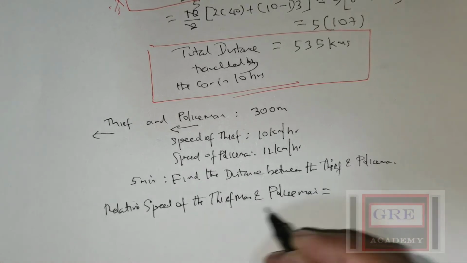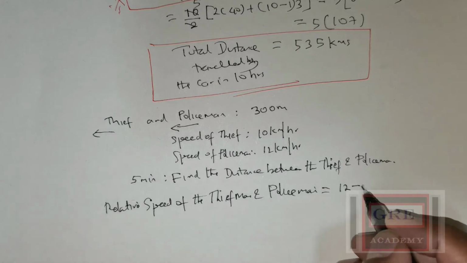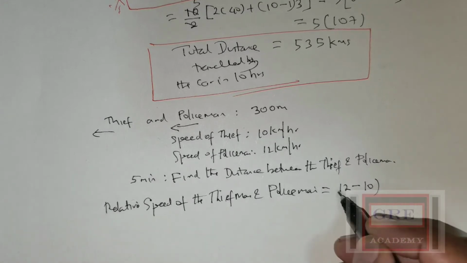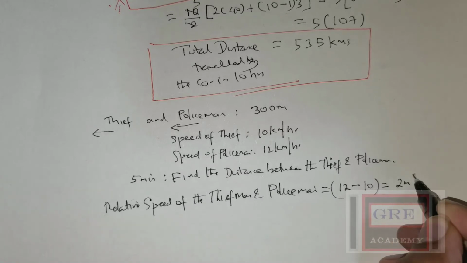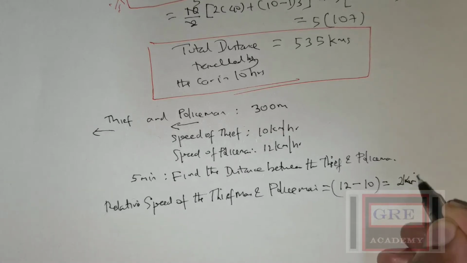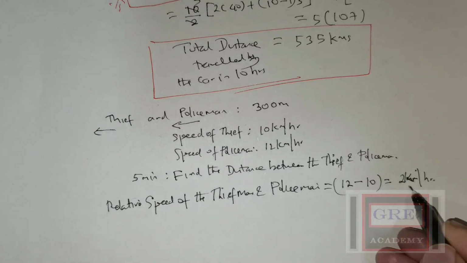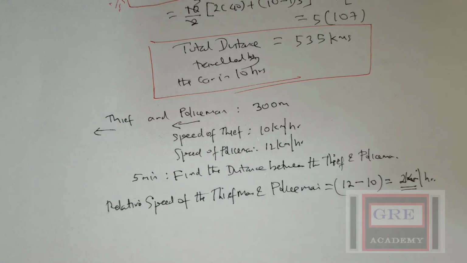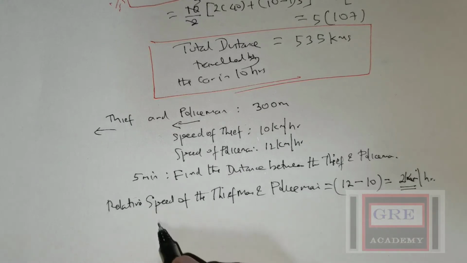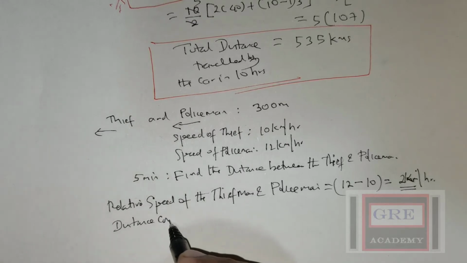So the police is running at 12 kilometers per hour and the thief at 10 kilometers per hour. So the relative speed is 2 kilometers per hour. So that is the speed. So in 1 hour, the relative distance covered is 2 kilometers. So therefore the distance covered